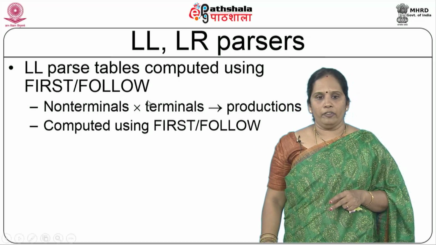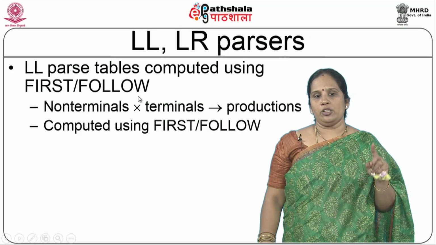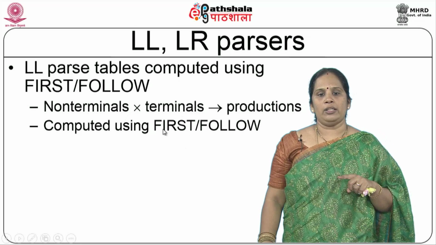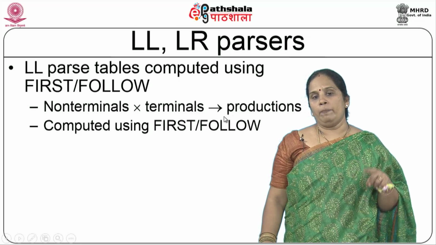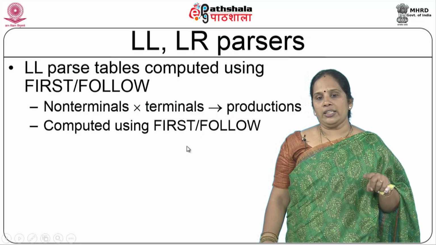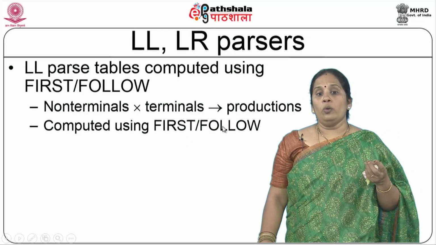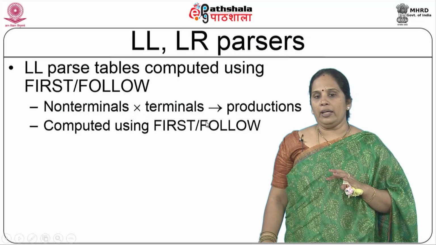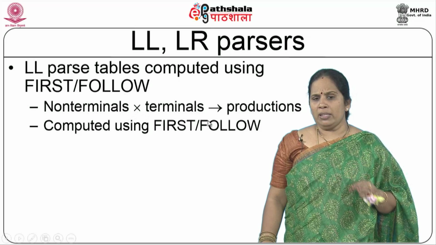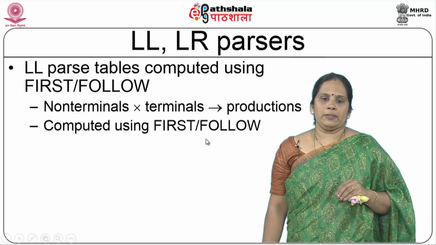It is computed using first and follow. At the intersection of the non-terminal and the non-terminal's first component, I added the production of that particular non-terminal. And where the non-terminal's first has an epsilon production, I referred to its follow, looked at the symbols of follow, and at the intersection of the non-terminal and the symbols in follow, I simply added the production, non-terminal produces epsilon.